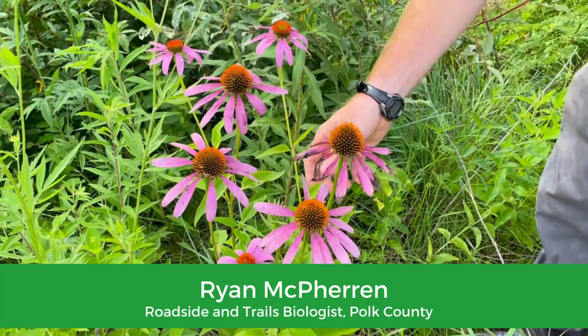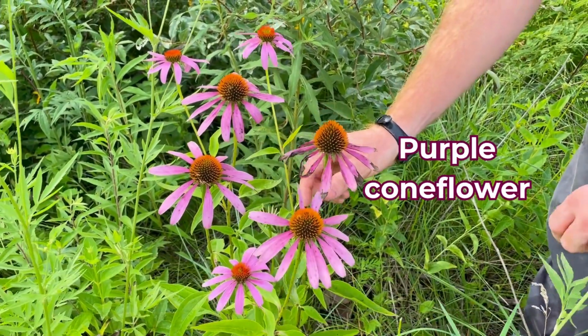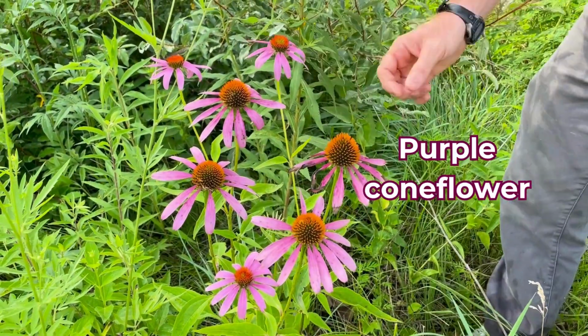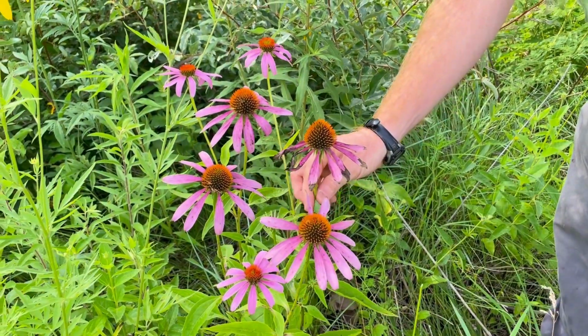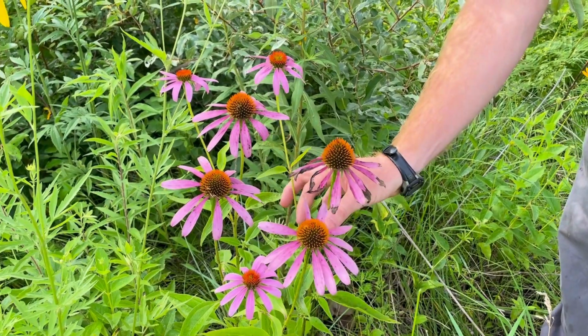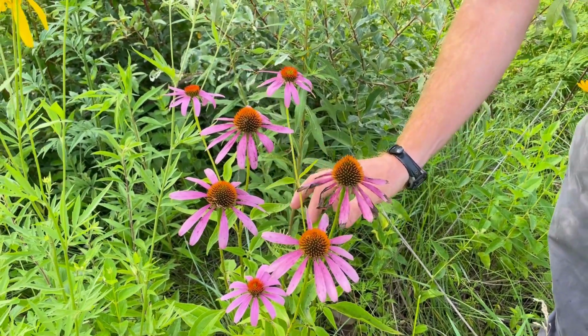This is another native species, the purple coneflower. This one is native, but it's more of a woodland edge species and traditionally wasn't in prairies, but it does well in prairie seeding mixes. The prairie